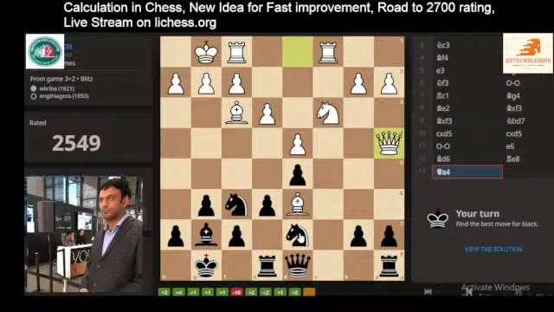So the question number one, can I play this? But he will protect the bishop. So can I play this? He will take. Will he? Yeah, he will. Then we play this. He will go back. Then we play this. If he comes here,